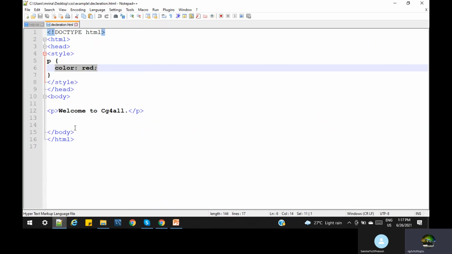In our example, we are using color as the property, because we need the color, and this is the value. No need to give more space. One element may contain more than one declaration, so we can add them separated with a semicolon. Clear? Okay. Let's go to the next section.